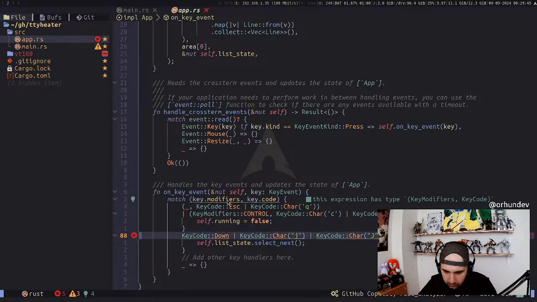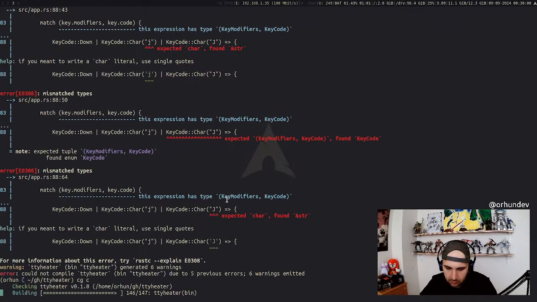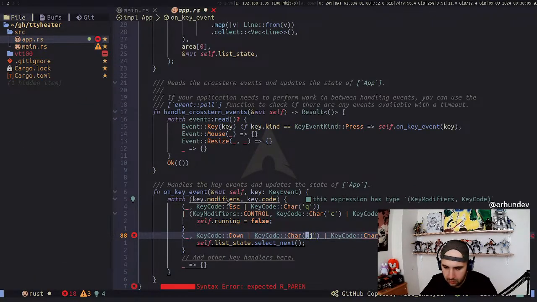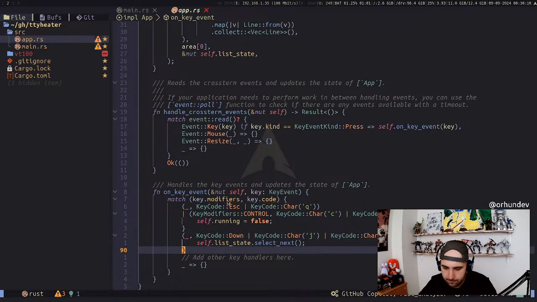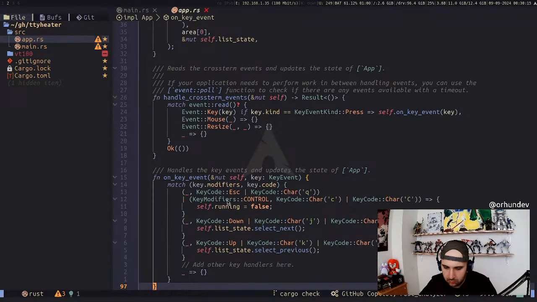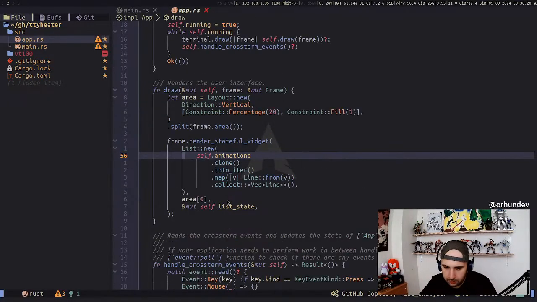Oh, key modifiers, key code. Okay, so it should be something like this instead. Mismatch types. Oh, another parentheses. Oh no, no, I just used double quotes instead of single quotes. Okay, and then similarly I'm gonna select the previous, and also